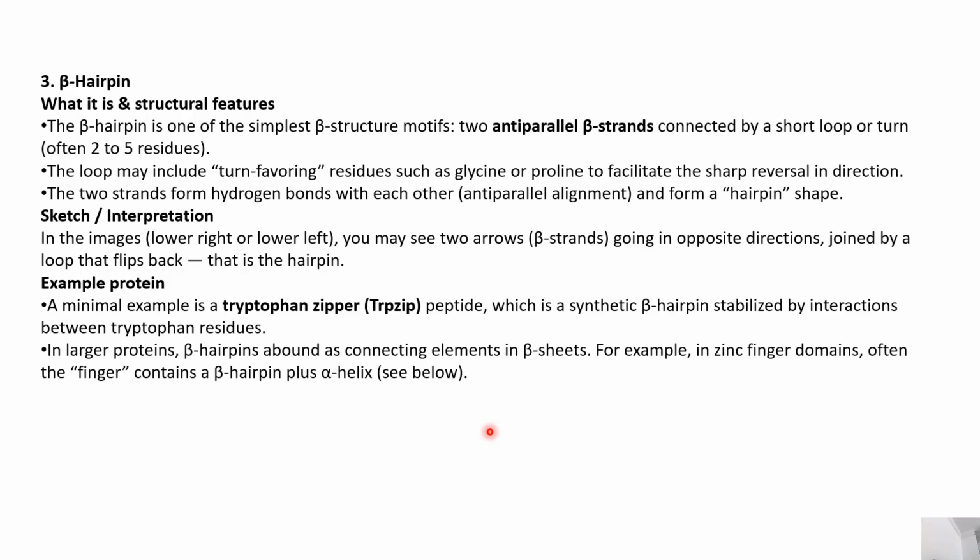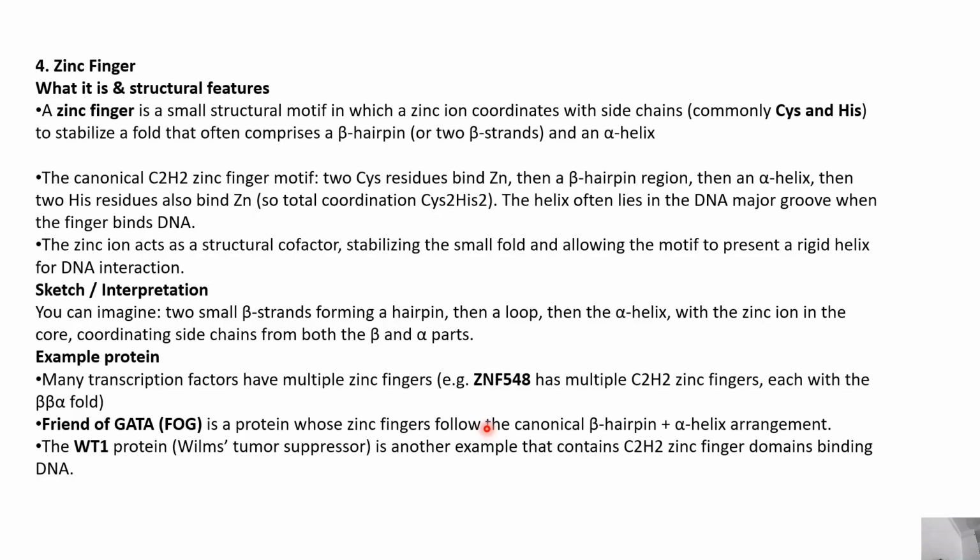The loop may often be turned favoring residues of glycine or proline to facilitate the sharp reversal in direction. The 2 strands form hydrogen bonds with each other. So minimal example is tryptophan zipper. Okay. Then we have the zinc finger, which is a small structural motif in which a zinc ion coordinates with side chains, commonly cysteine and histidine, to stabilize the fold, and often comprises a beta hairpin and a